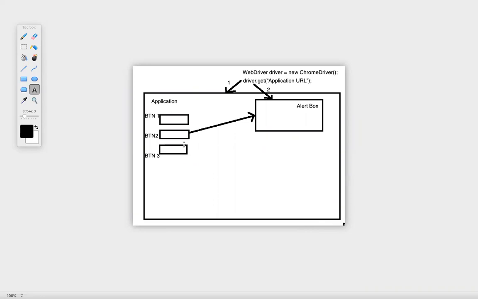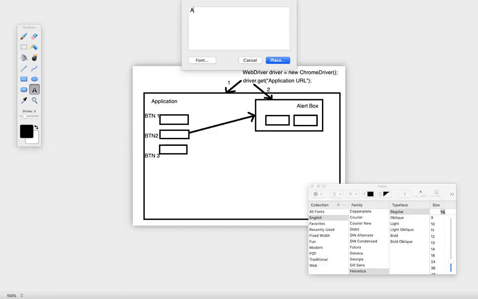Is this clear? How do you handle an alert? Do not worry about the coding perspective, but is the concept clear? At any given point of time, if you're working on any framework or any application and you get an alert, what exactly should you do? Now, how do you handle an alert? One thing is you can accept that particular alert or you can dismiss it. So you can have two ways: an accept or a dismiss. That is something different, but the concept remains the same, even if you accept or you dismiss.